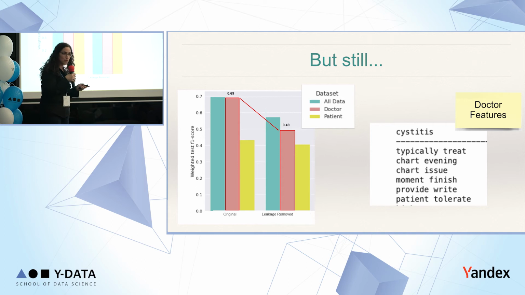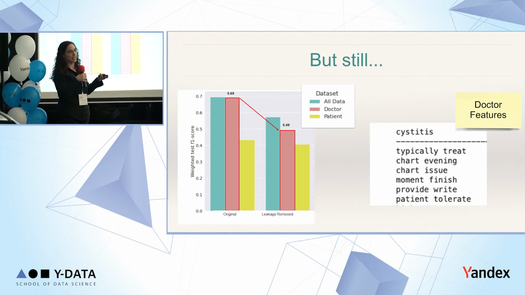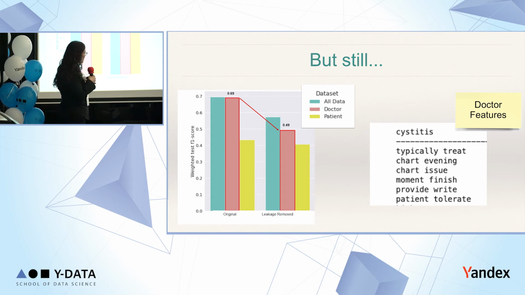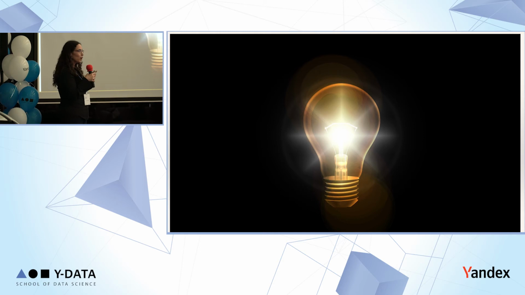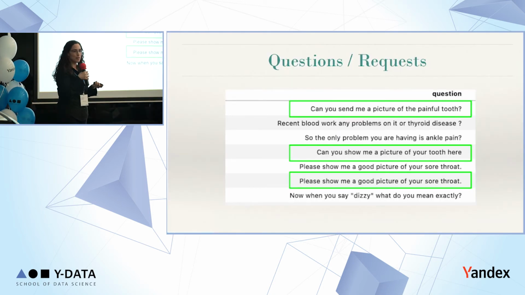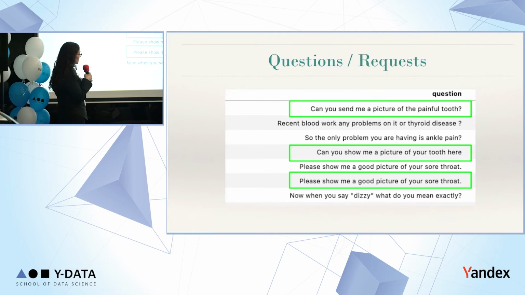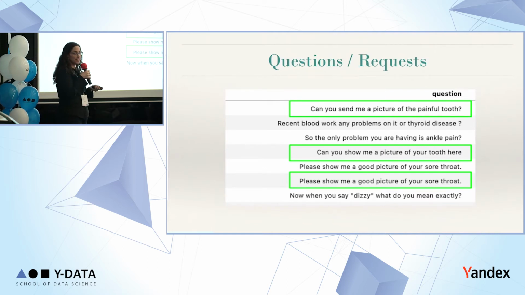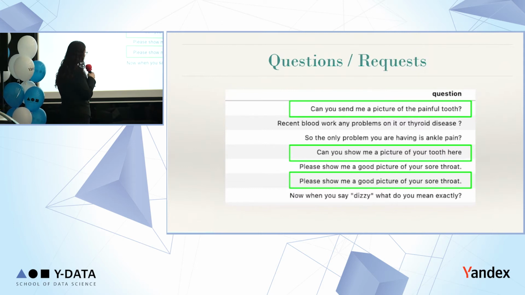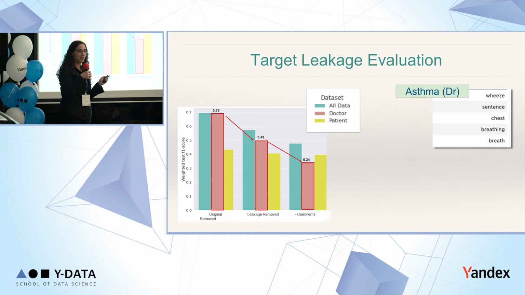But still, we were seeing improvement, however the doctor features, when we looked at them, were still not very meaningful. Our main goal was to find good features that can be incorporated back to the health dialogue, and these didn't seem so good. So we sort of hit a glass ceiling, and then we had an epiphany. We said, what do we really need from the doctor text? And we realized what we need are requests for information, meaning questions. What is the doctor asking the patient? What information? So we built rule-based heuristics for extracting questions and requests from the doctor's text and removed anything else. That was a big leap for us in the target leakage process.